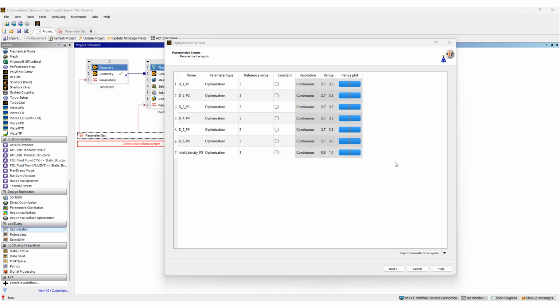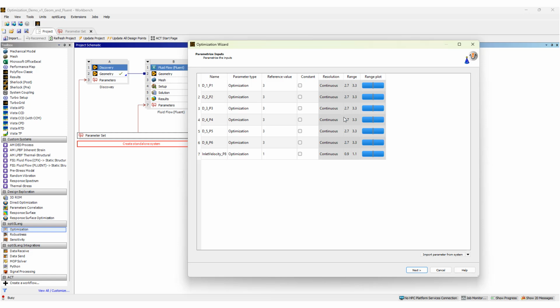screen as an optimization wizard to us, and you will see the input parameters shown here also for this particular application, and the range. So you are free to make a modification. This is just like a default range that the wizard selected for us, but we're not limited to use this. So we can come here and make this a different value, for example. You can make different ranges too. You don't have to make the same ranges for all the features. But in this application, I pretty much did that,